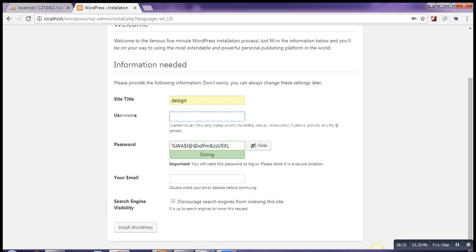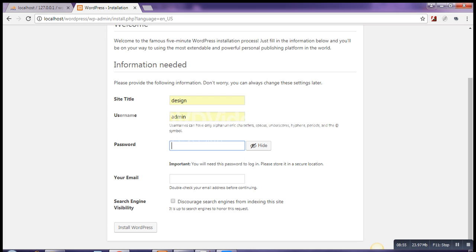So both of these fields are mandatory. When you leave them empty, WordPress won't install. So firstly, I am filling in these fields. My username is admin. I am using admin as the username, and this is the password I use to access